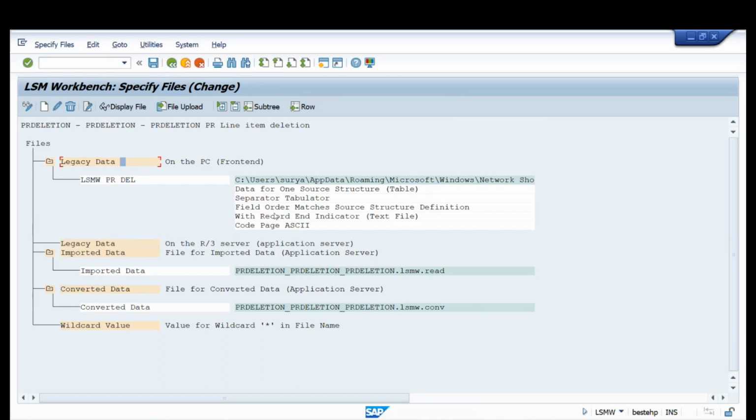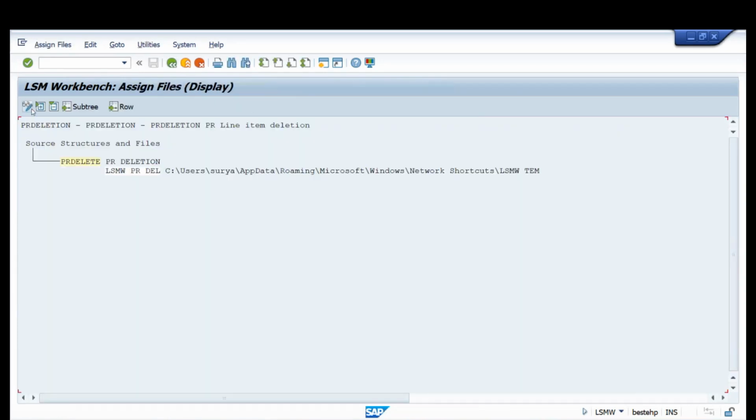Okay, so the source file is assigned. The source structure input, the data that the system is going to select for deletion of the purchase requisition, we have provided by specifying the file and save it. So you specified the file, saved it. You now go back,